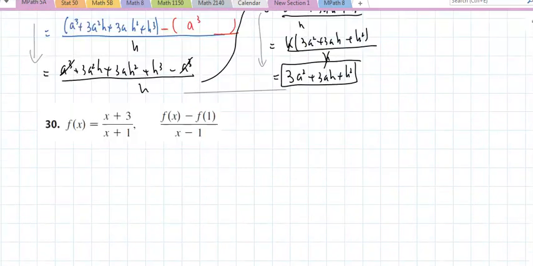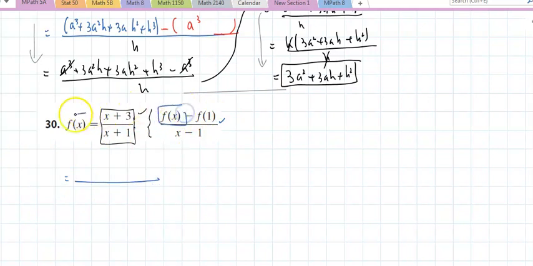The second example I'm looking at would be a rational function. So for functions, you're going to see more than anything rationals, radicals, polynomials, and trig. Trig, not as much in this class, a lot more in the next semester. So if I want to figure out what f of x minus f of a over x minus a is, well, f of x is simply what I see,